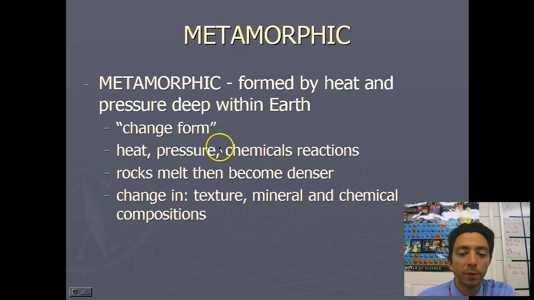A metamorphic rock is one that's formed by heat and pressure, and so this is something that's trapped down deep under the Earth's crust, and that heat and pressure makes it undergo chemical reactions, and they can even melt to become denser. So they're kind of squished and compacted, these other types of rocks, and they can be exposed through plate tectonics or uprisings, things that are going to bring them up to the surface, or we can mine down deep to go get them.